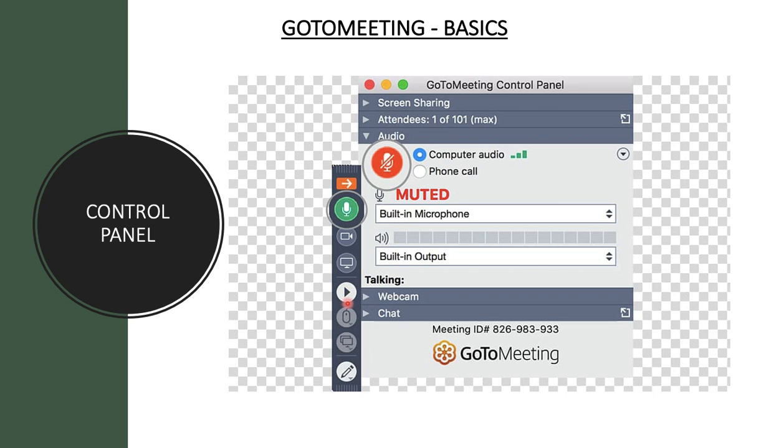All the other icons which you see here on this particular screen are the presenter options. So here you have an option where you could have some drawing tools. You want to mark out your slides, so you could use this particular drawing tool. So these are only viewable by the presenter and not the attendees.